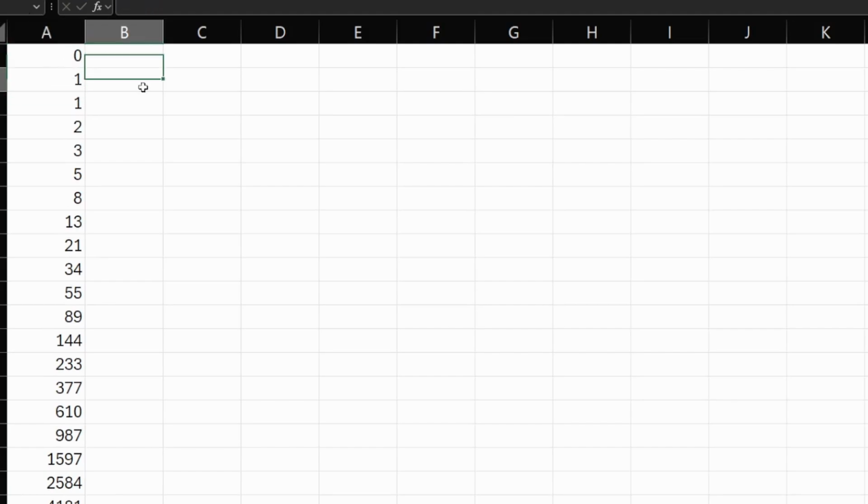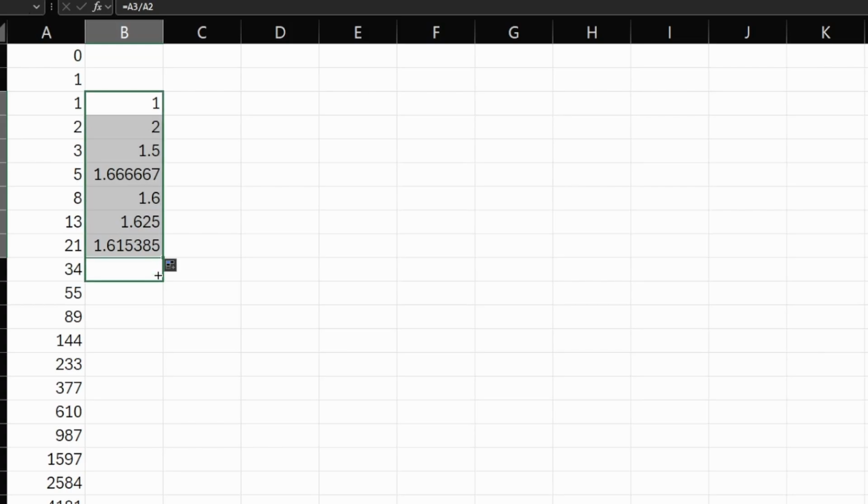And what I'm now going to do is find the ratio of consecutive terms. I'm not going to find the ratio of the second to the first because I'm dividing by 0. But I am going to find the ratio of the third to the second, i.e. the third term divided by the second term. That's going to be equal to 1 divided by 1, predictably 1. Then 2 over 1 is 2, 3 over 2 is 1.5, 5 over 3 is 1.6 recurring, or in this case rounded, 8 over 5, 1.6. Nothing exciting yet, but you'll start to notice that actually 1.6